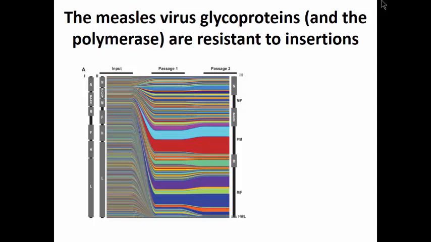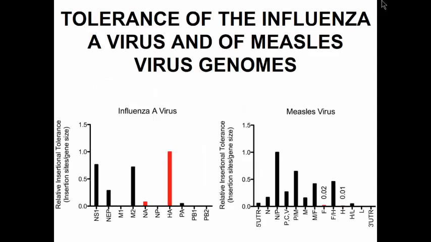If you look down here, you probably can't read this, but this is the F and the H. Basically, the F and the H of the measles virus are not tolerant towards insertions. One can look at this in comparison with all the influenza A viruses. Here we have the hemagglutinin, this is the total one. If I just used the head, the tolerance would be much higher. These are arbitrary units, and we can't really compare measles and influenza directly, so we have normalized to 1 here, but you can see that the F and the H don't allow any insertion.